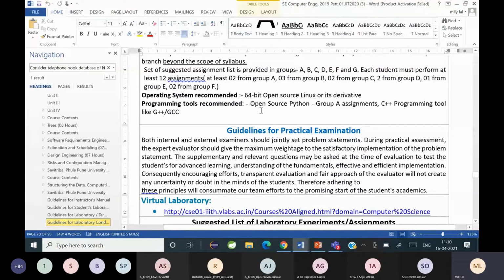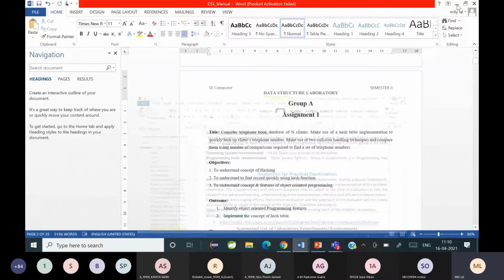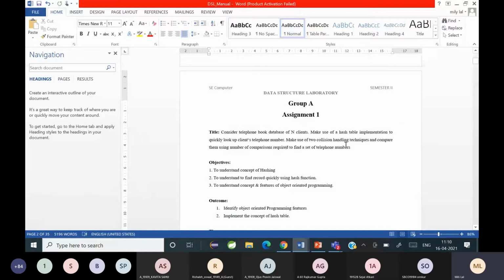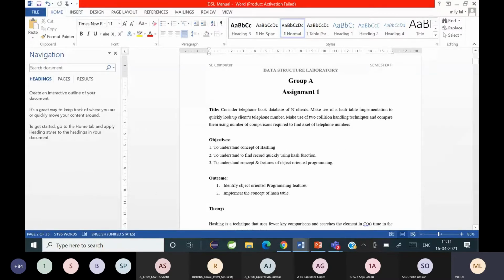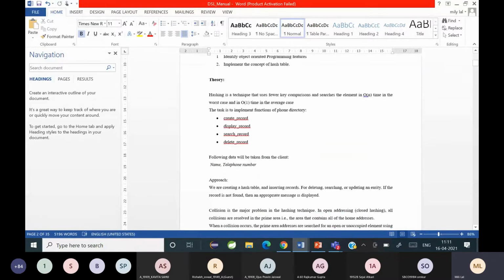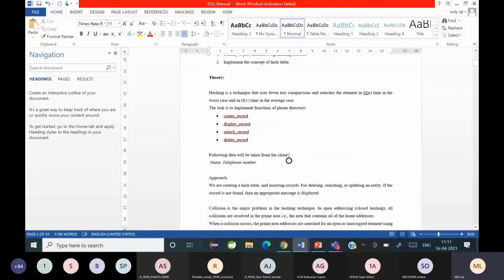Since these are group A assignments, we have to implement this particular problem statement using Python. I hope you all remember the Python concepts. So what are we going to implement here? We have to implement a phone directory which can implement functions like create, display, search, and delete.